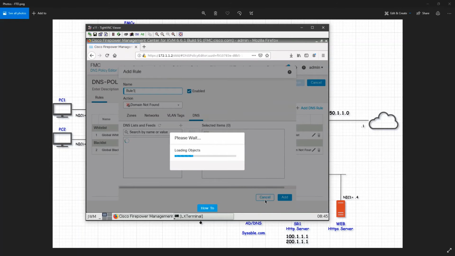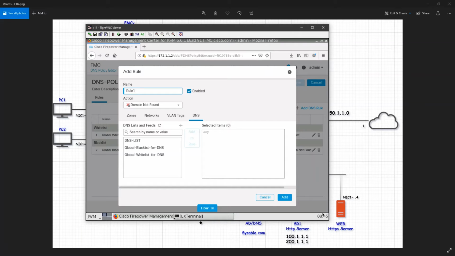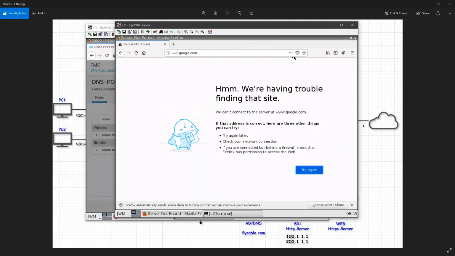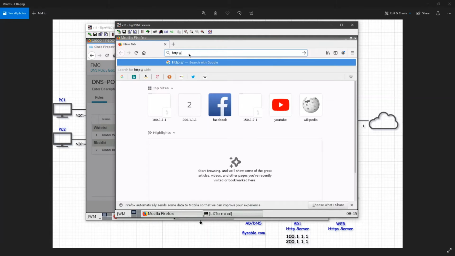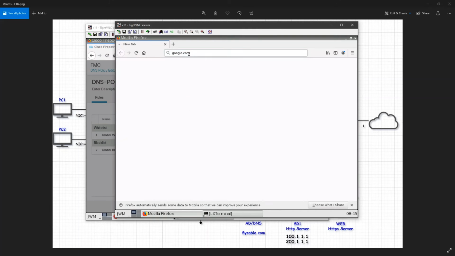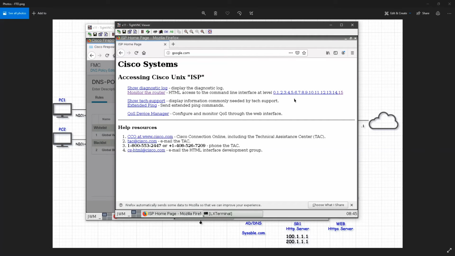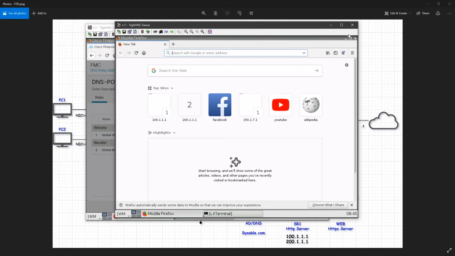So now before I go ahead and configure that, I will go to my PC and check whether I am able to go to google.com or not. If I say HTTP, I should be allowed. The traffic should be allowed. See that traffic has been allowed for now, google.com. So I want to block this one.